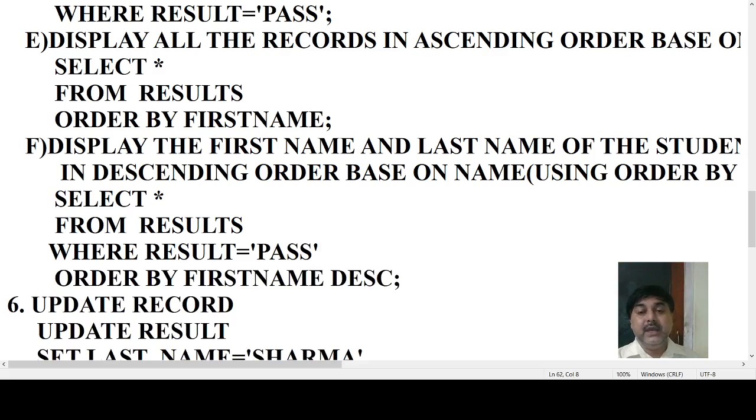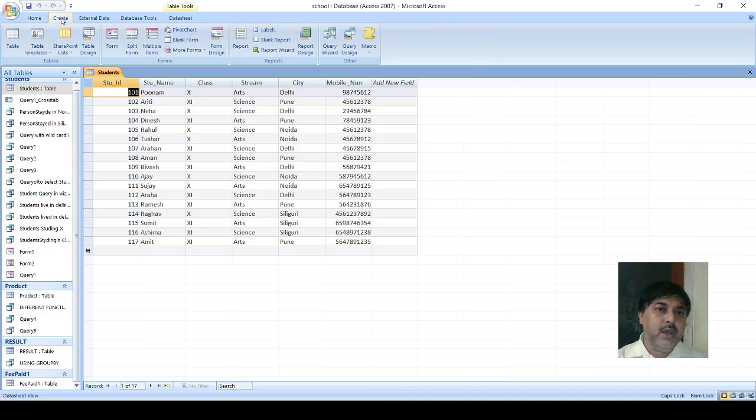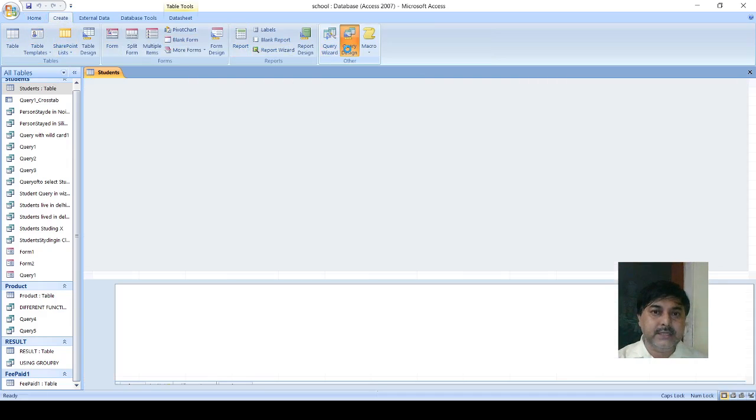Now let us see in Access how we can use them and how we can implement them. Now see here, I want to do the SQL command. For SQL commands, first we will go to Create, then we will click on Query Design.